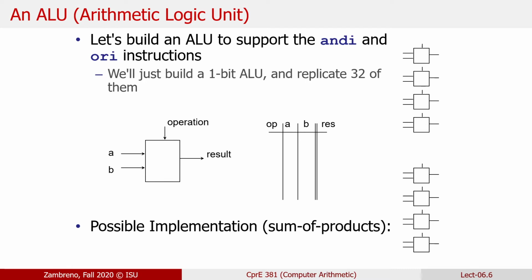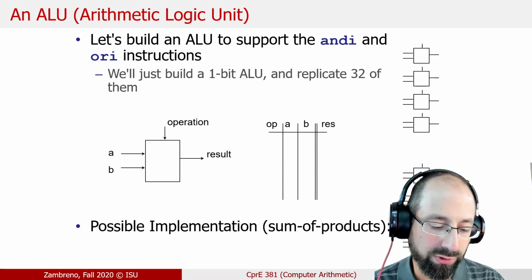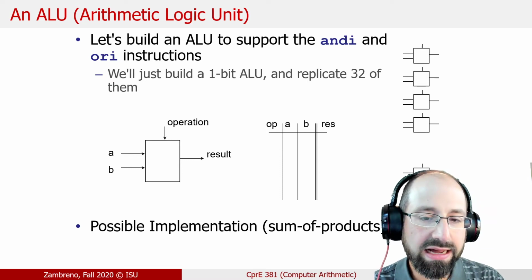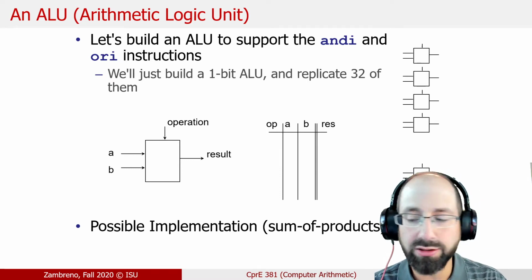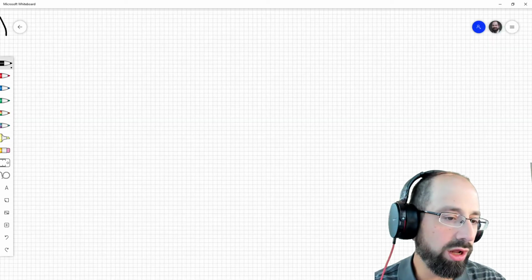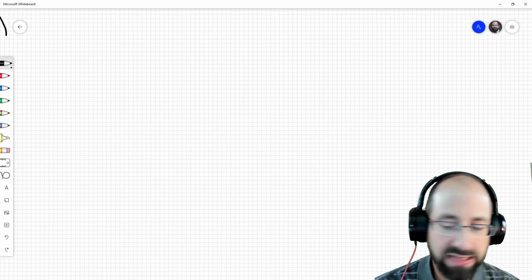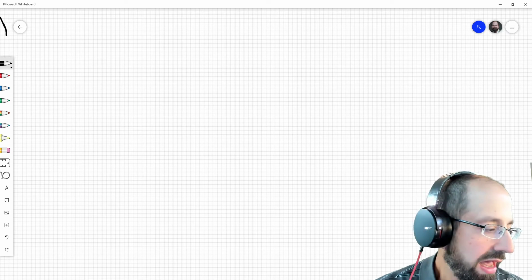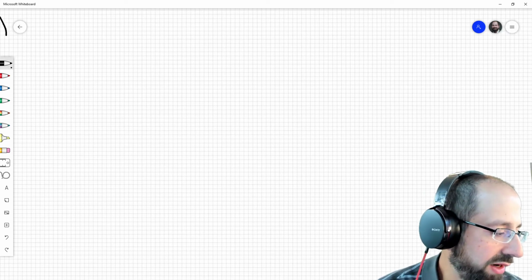So this is what I would actually kind of call the CPRE 281 approach to building a 1-bit ALU. And I'm not denigrating the approach. The approach is perfectly fine, but it is a different approach than what I would consider the CPRE 381 approach. We're building the same thing either way, but in the CPRE 281 approach,